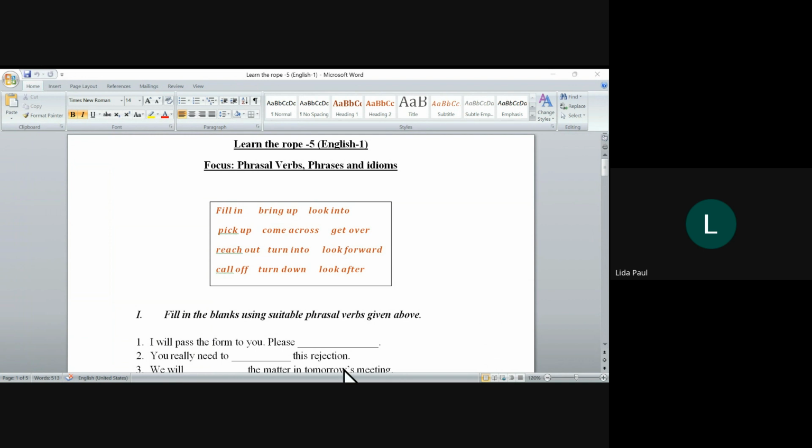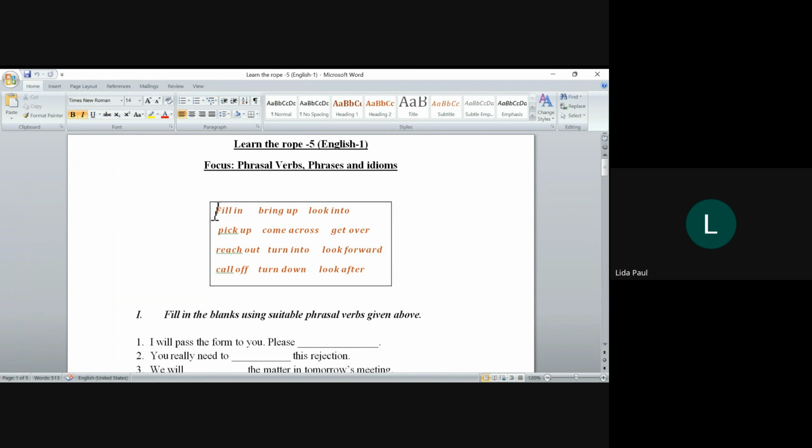We'll get to the questions now and try to solve them. In case we aren't able to finish, we'll take up the phrases and idioms. Some of it we'll discuss in today's class, and if we are not done with it, maybe we can continue in the next class as well. But let's start with the first exercise here.